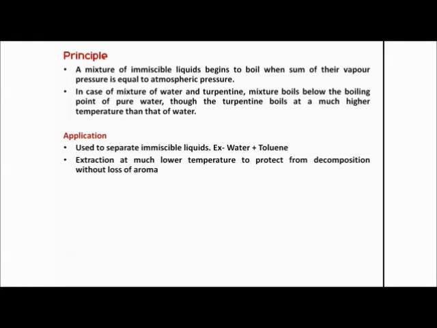So aromatic compounds which are obtained from the crude drug or herbal drug, if we heat the aromatic compound in the process of distillation, what will happen? The aroma will go out. So it is always preferable to distill those substances by reducing the temperature. So how can we reduce the temperature? Simply by mixing with a non-volatile liquid like water. It will lower, or bring down, the boiling point, right?